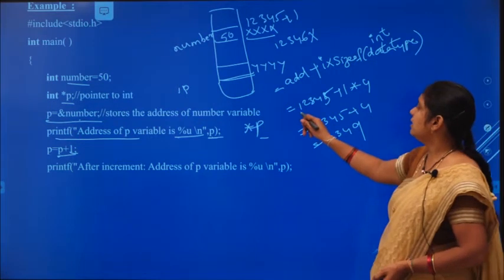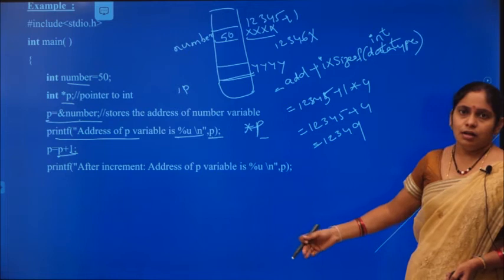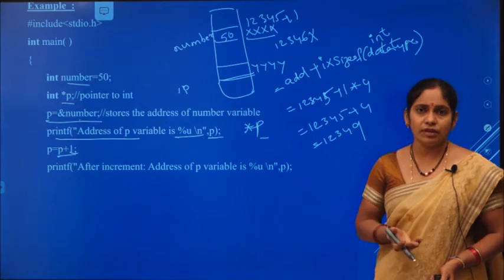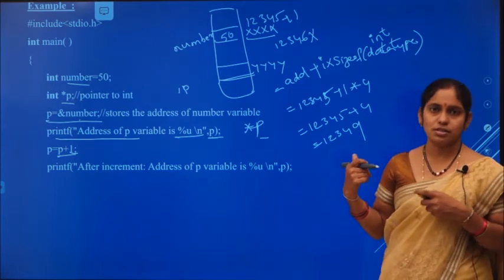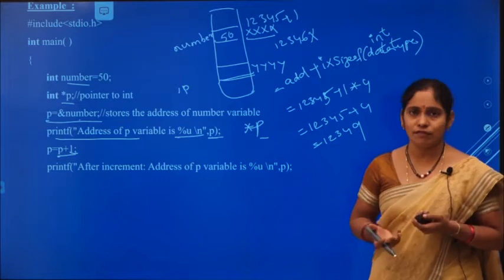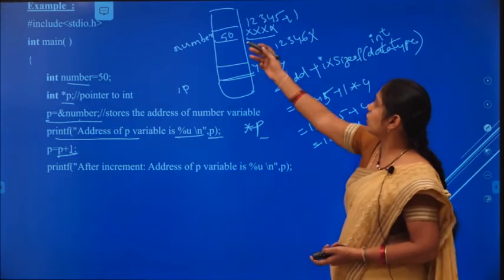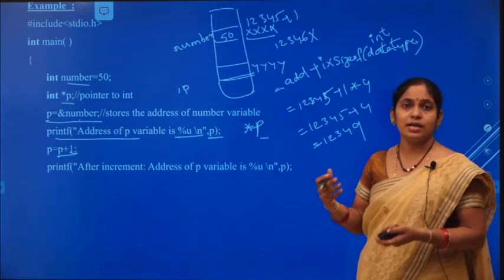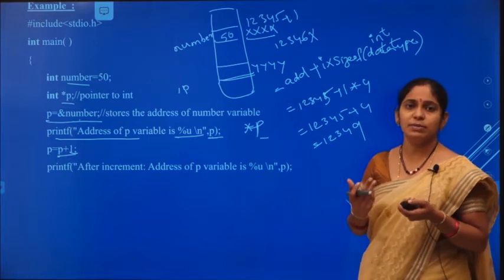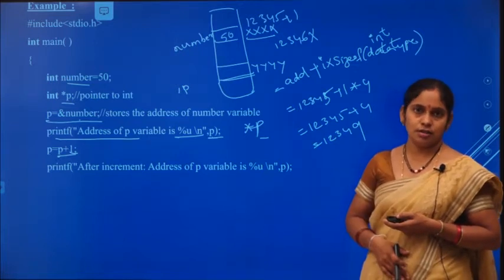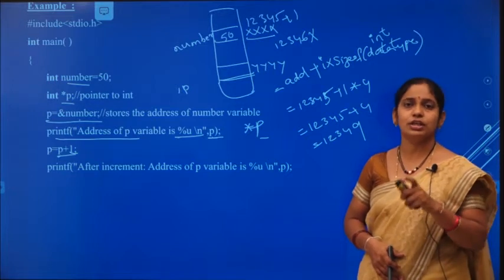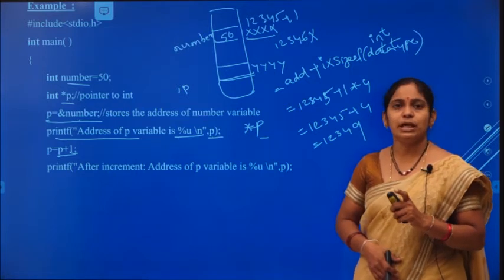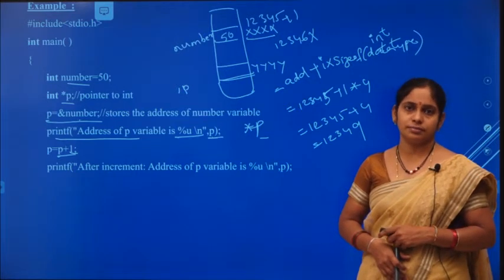Right? See here, this is the example. For approximation, I considered that address. Even if you execute the program a number of times, the same address may not be given to us, because that depends on the availability of the memory. Now, this address location may be available. When you execute the same program next time, it may assign a new address to that variable. So, the address may change for each execution. Don't consider that all the times it should give the same result, because the address of the variable depends on the availability of the memory.